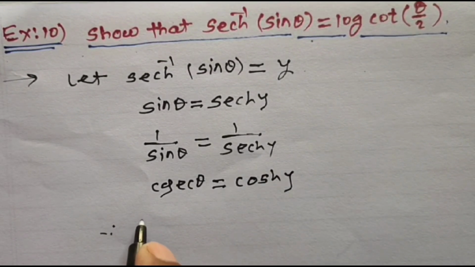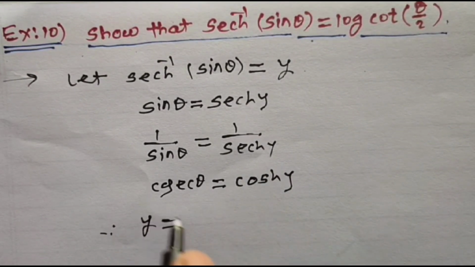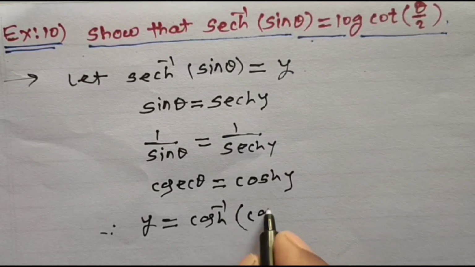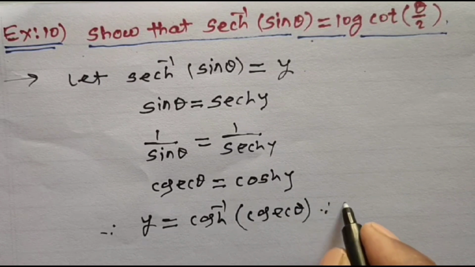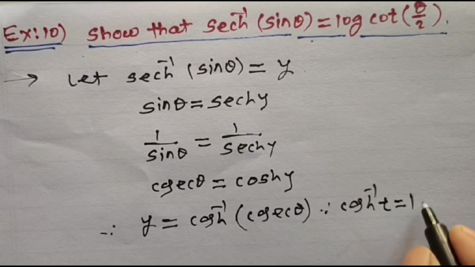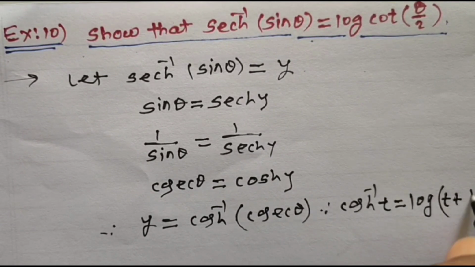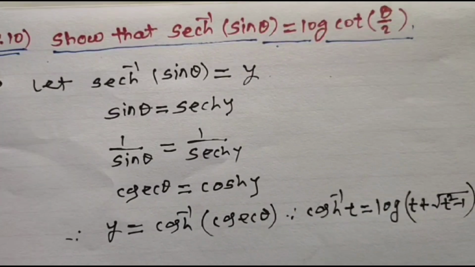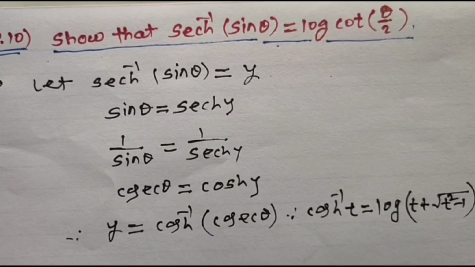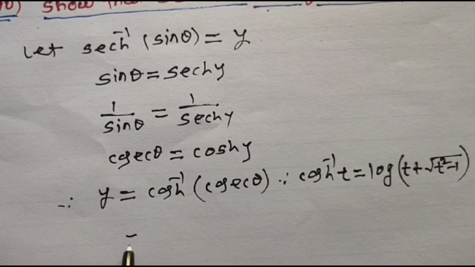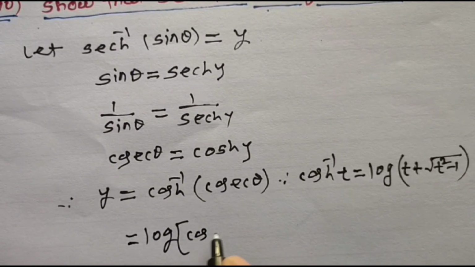Hence y is equal to, taking hyperbolic cos inverse on this side, that is hyperbolic cos inverse cosec theta. But you know, hyperbolic cos inverse t is equal to logarithm of t plus square root of t square minus 1. You know this formula. Hence applying this formula, this can be written as logarithm of t, which is nothing but cosec theta,